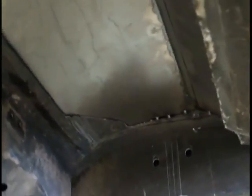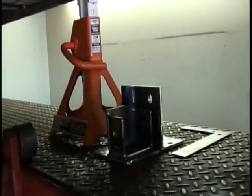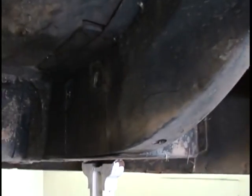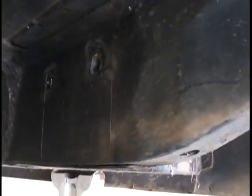Okay, now that our pan's welded in, we have our kit unboxed, we have our pieces laid out, we've inventoried them. Now we're going to start the installation process. We've already removed our old suspension as we had stated earlier. And the first thing you want to start with